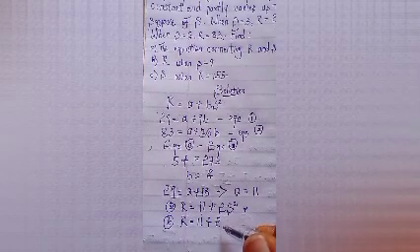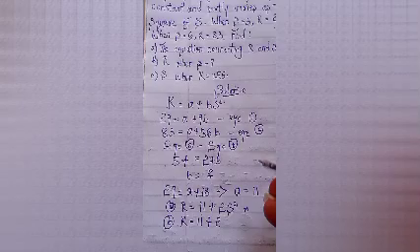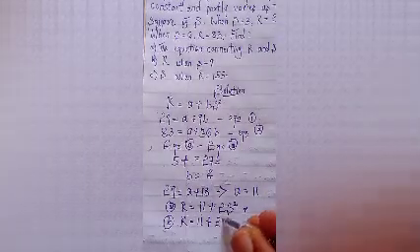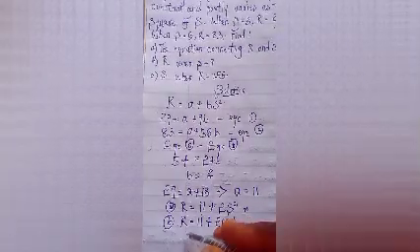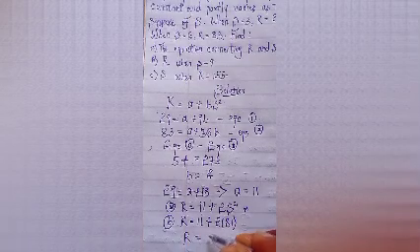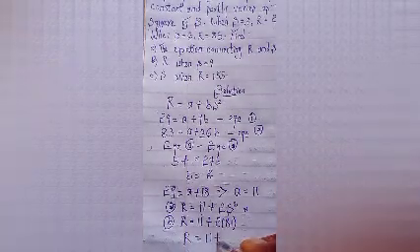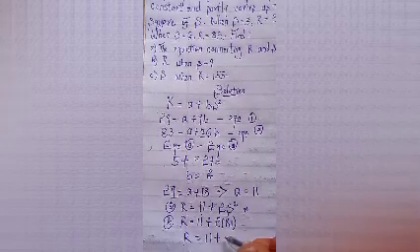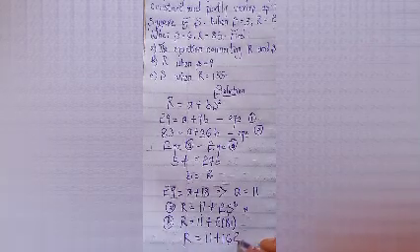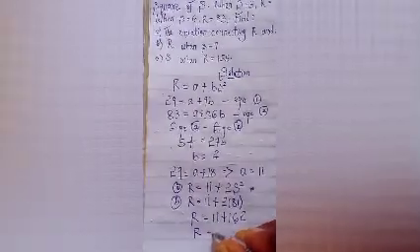So here we'll have 81, and from here R will be equal to 11 plus 81 times 2, which will give us 162, and finally the value of R will be equal